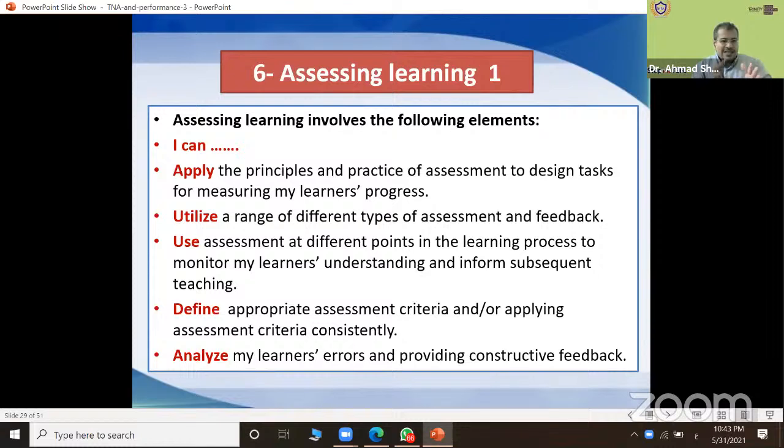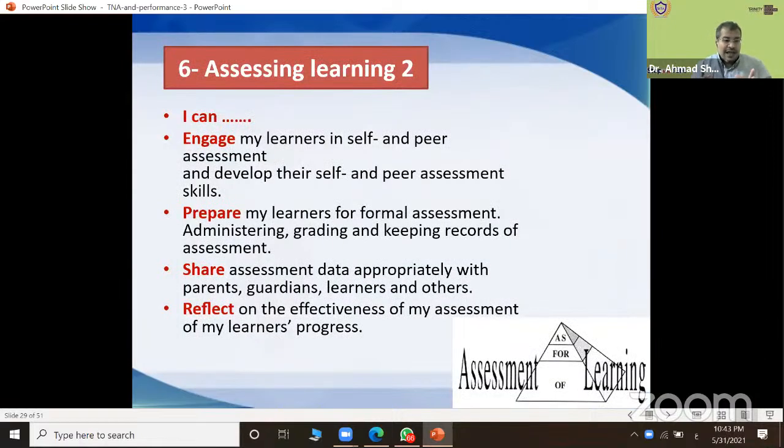Each level has its own outcomes, its own objectives to be fulfilled, can-do statements, according to the curriculum, the syllabus you follow, and according also to the CEFR, the reference of English. Analyze my learners' errors and provide constructive feedback. So you should analyze the errors and give feedback about these errors.